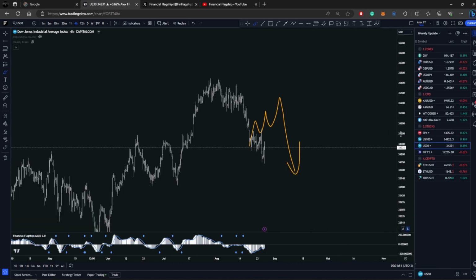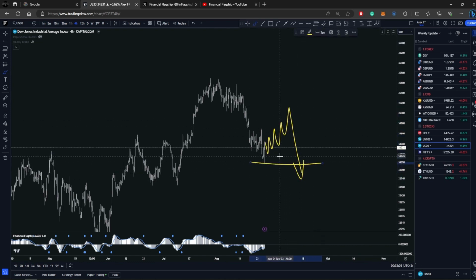Dow Jones. For Dow Jones, last week I was expecting the price to correct, so the price is still in that phase here. It's dropping, but it's dropping slowly. So the next move for me will be a deeper pullback and then another drop to take out this low. I'm not going to be focusing on the sell setup. I'm very bullish on all the indexes, and until the correction unfolds, I'm going to be waiting patiently for my buys to occur.